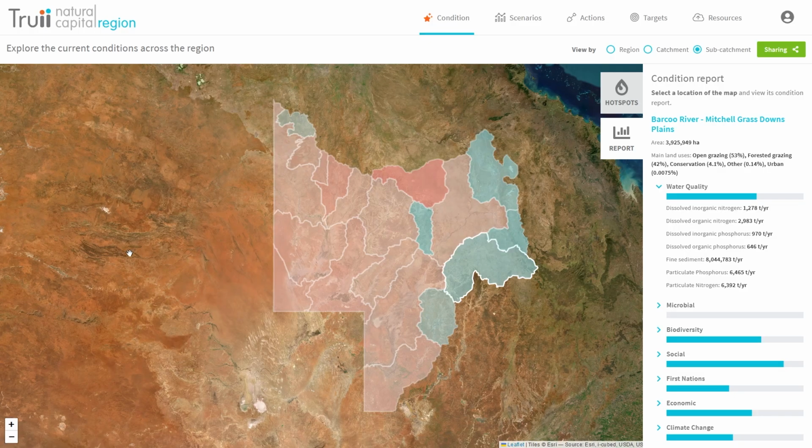This video is a brief tour of Natural Capital Region. When you first log into Natural Capital Region, you will land on the Condition Report page. If you've navigated away from the Condition Report page, you can return by clicking the tree icon in the top